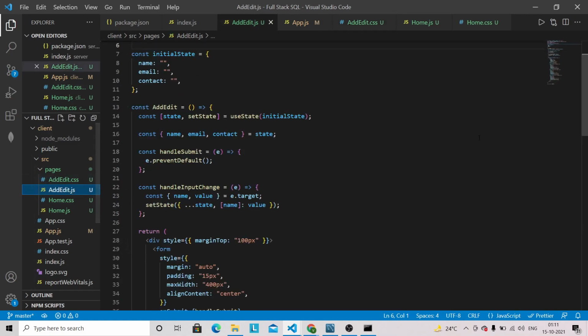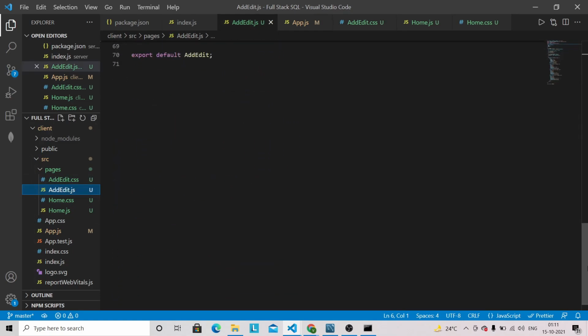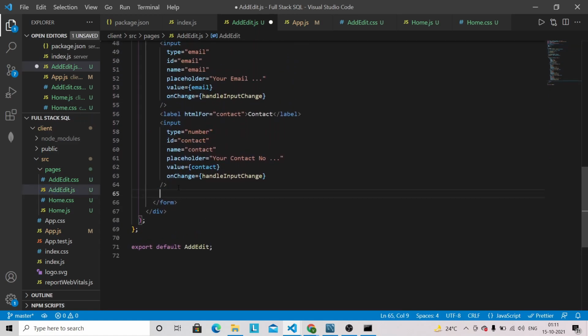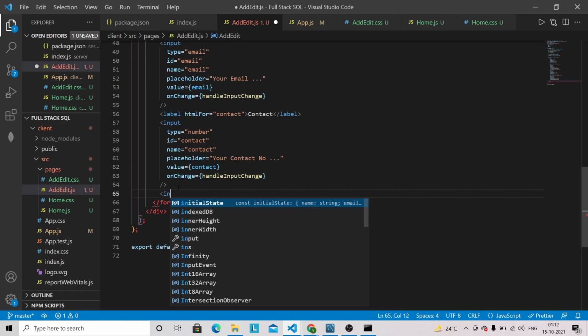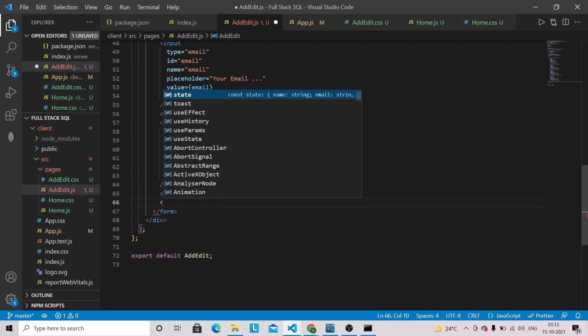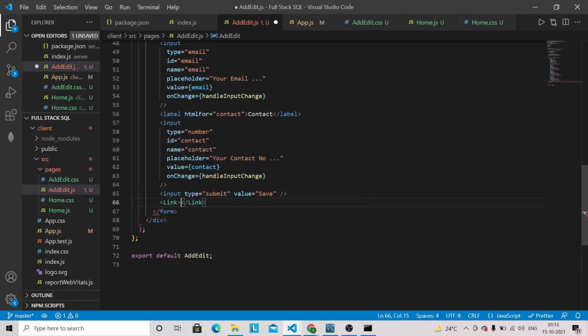And we have to also define the button. So let's define the button after this input field. So input, type is going to be submit here, and value we can give here save. Okay, and we are going to have one more button, that will be the go back button.